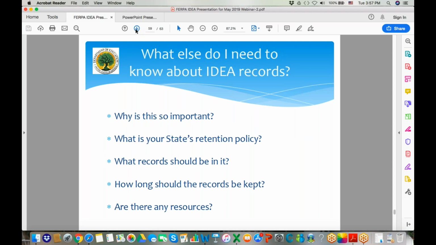These are important things to think about as you look at your own state. What are the document retention policies? Does it identify what kind of records should be kept and how long those records are kept? Who has access to that information? And what resources are available within your state? We certainly have resources we'll mention at the end, including some websites with training materials if you are looking to educate parents or others about these privacy protections. Next slide, please.